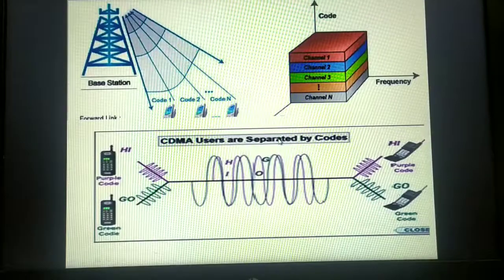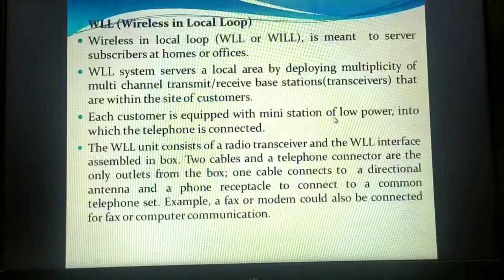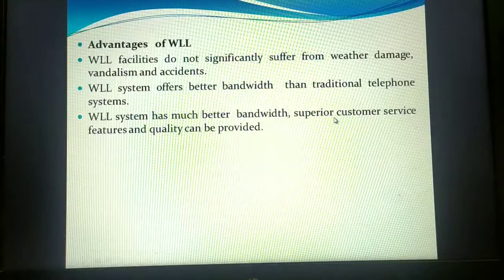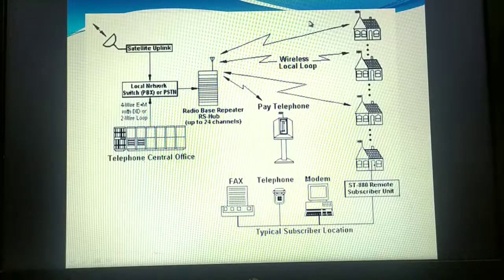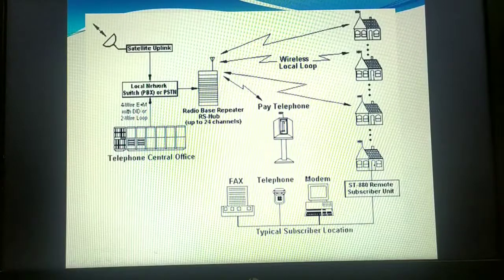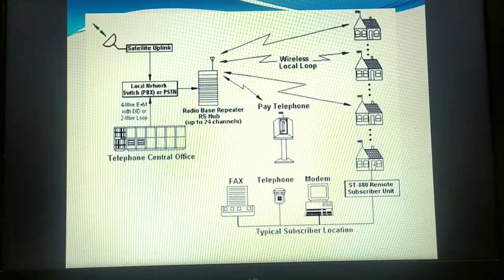Now let us go on to the next topic, that is wireless local loop, which is a very interesting topic. In this wireless local loop, we are going to study how exactly the telephone works within a city local area, how we make use of antennas, and what kinds of signals we use to transmit the data. Suppose a metropolitan city has almost 10,000 landline users.